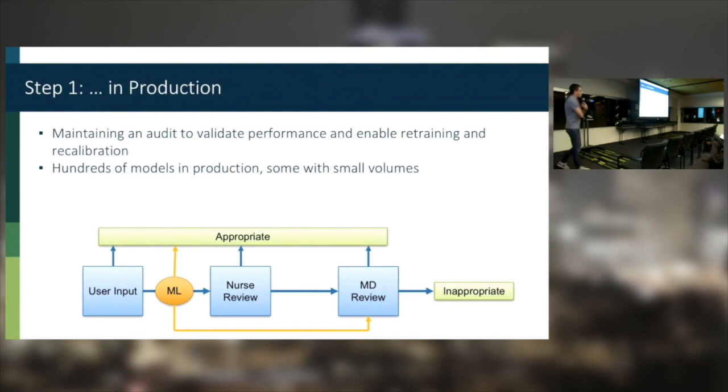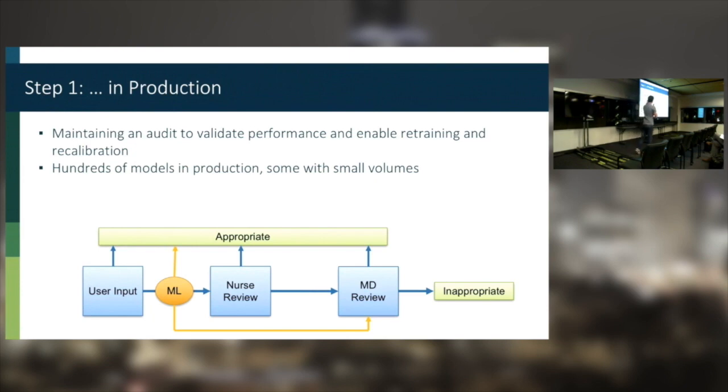A couple of interesting points here are, how do we know how we're doing? We have tens of thousands of cases a day. For each procedure, it's maybe a few thousand. And we want to make sure that our performance maintains a certain level as time goes by. And things do change. Sometimes the clinical guidelines change a little bit. Sometimes different clients have different rules and expectations and so on.